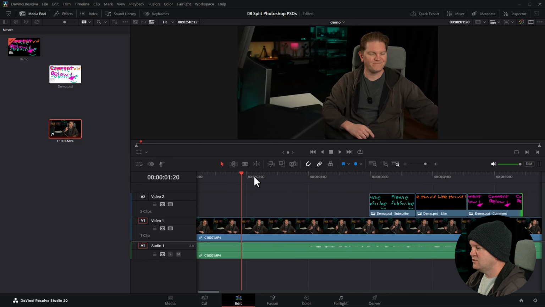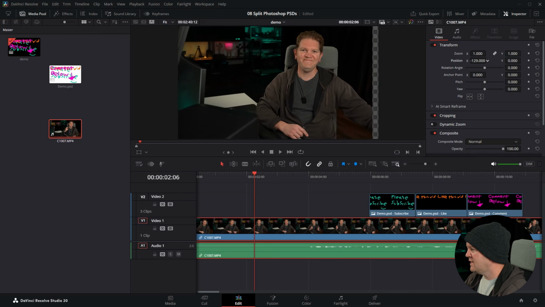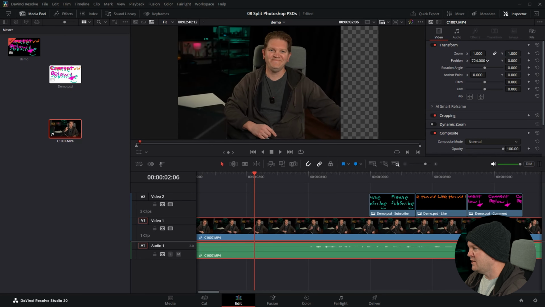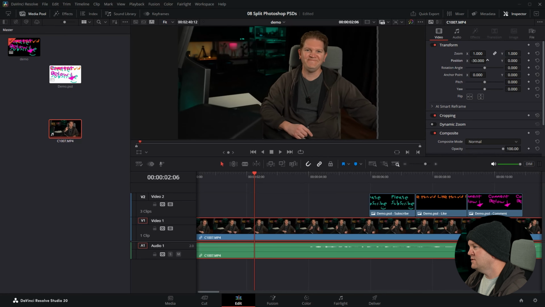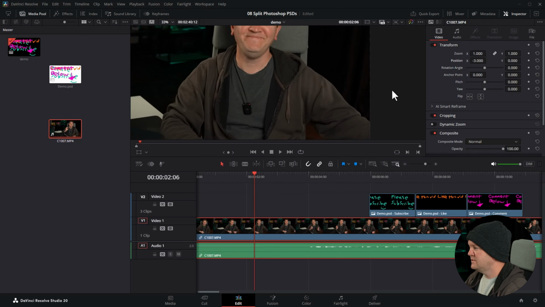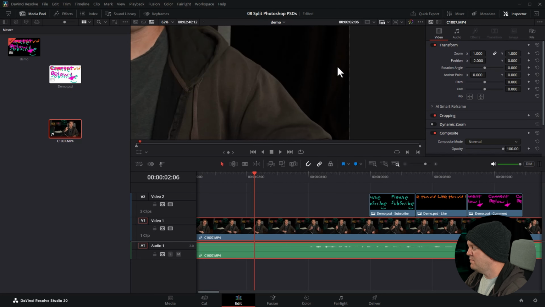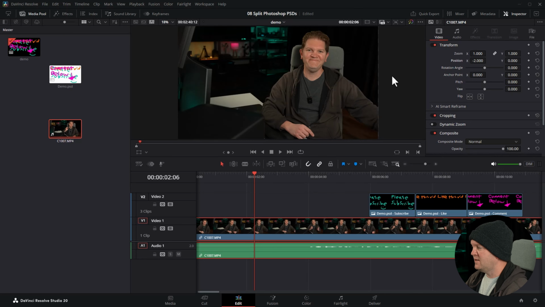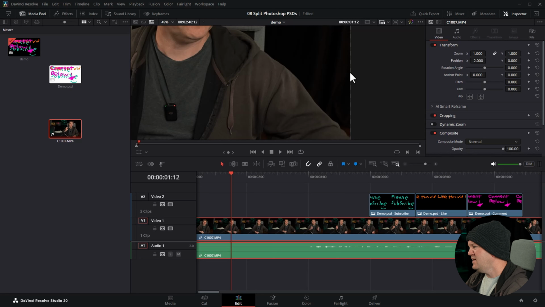And the easiest way to show this is if I click on this clip here, come up to the inspector, and say we're moving this thing left and right, and maybe we just have accidentally not quite moved it far enough. If I zoom in, maybe we've just got a couple of pixels too much there. At the minute, I've got the viewer background set to checkerboard, so you can kind of see there might be